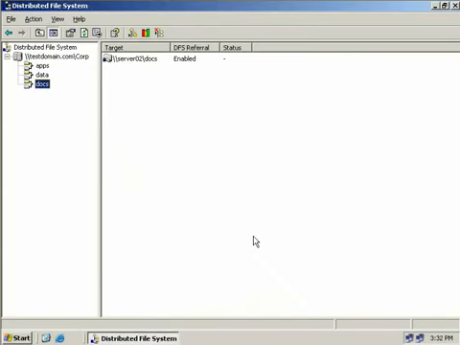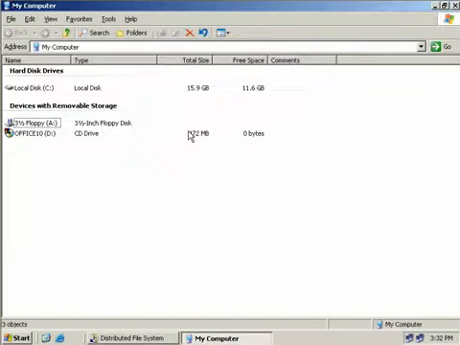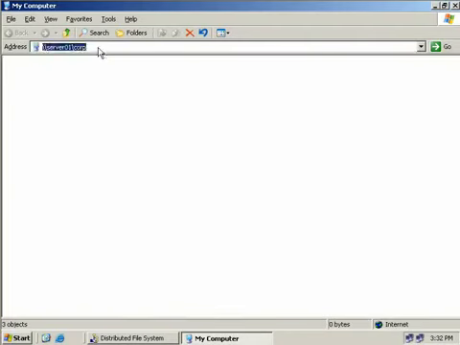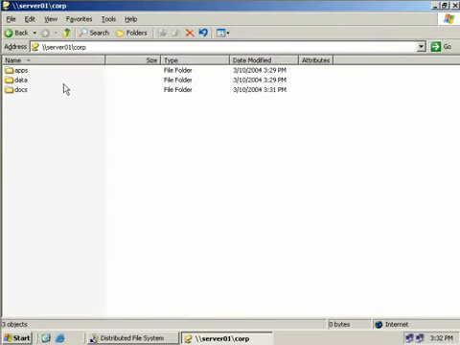Okay, now let's go and see our distributed file system in action. So we can simply go and open up My Computer, and in our address bar we'll just enter in the path to the DFS root, which will be server01/corp, and hit enter. And inside we can see we have 3 shares all accessible from the one share point. Now you see it doesn't matter where our network shares are physically, we can now access them from the one single distribution point, and this can certainly make writing logon scripts and mapping drives and things like that so much